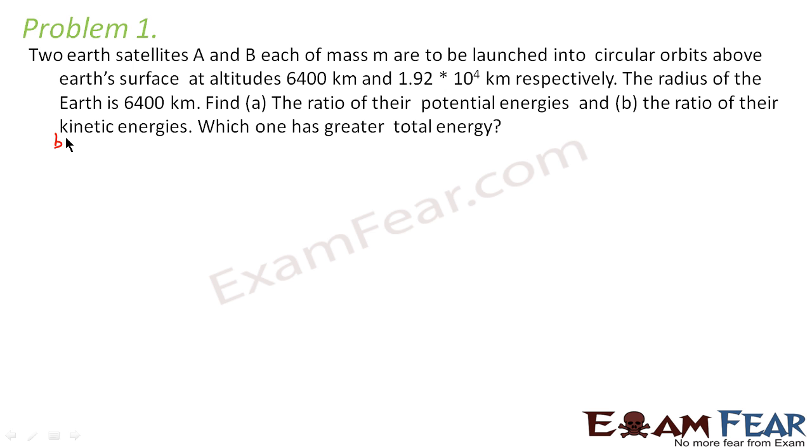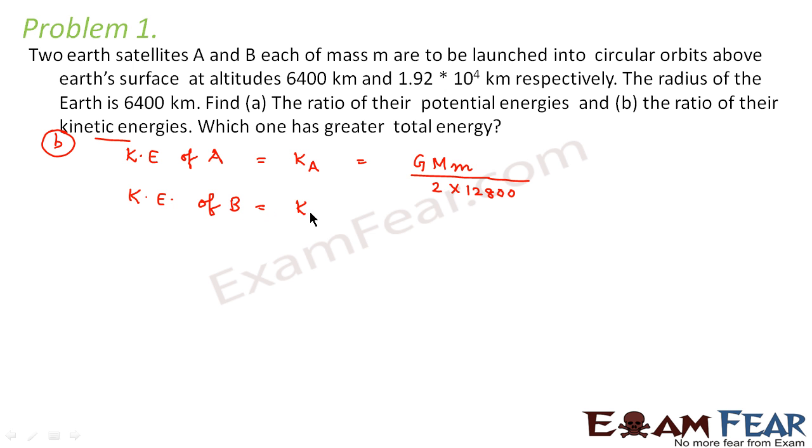So till now we solved the first part, right? We found the ratio of the potential energy. Now let us try to find the ratio of the kinetic energies. So for that, first of all, we will calculate the kinetic energy of the satellite A. Kinetic energy of satellite A would be equal to G capital M into small m divided by 2 into R. So again, what is this? This would be nothing but 12800, right? Now similarly, we will calculate the kinetic energy of satellite B.